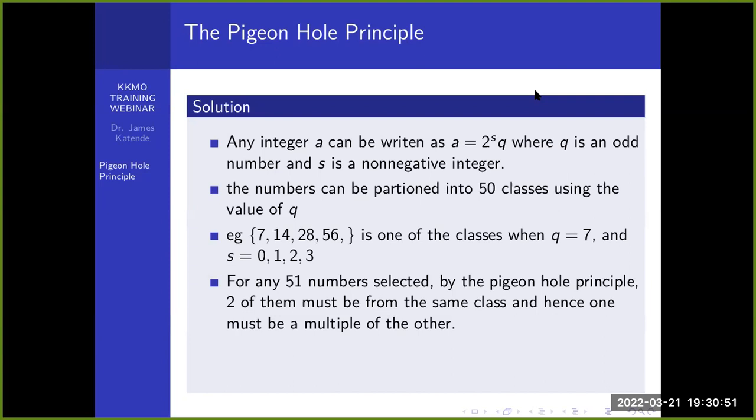So the pigeonholes were the sets that we created. And these sets contained the 100 numbers that we need. But inside the sets, we know there are at least two such that if you get two, one will be a multiple of the other because of the way they are set up. Right? And so for that reason,